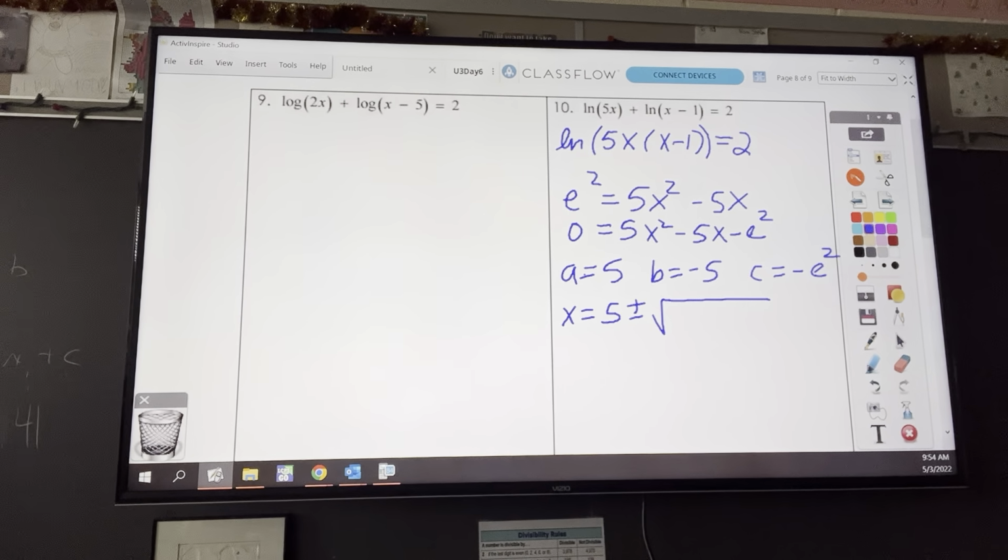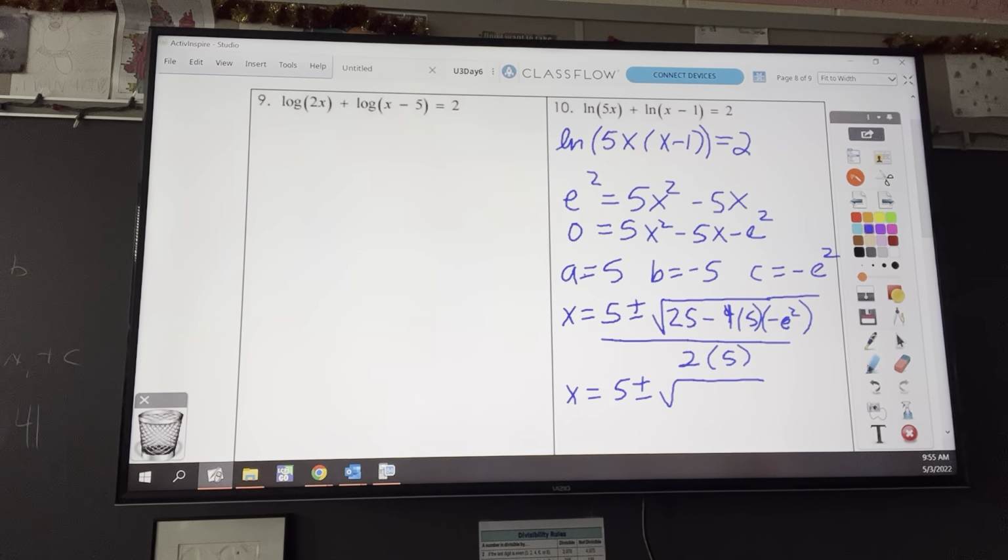So, b squared minus 4ac. All over 2a. Let's simplify that. That's going to be x equals 5 plus or minus square root of,